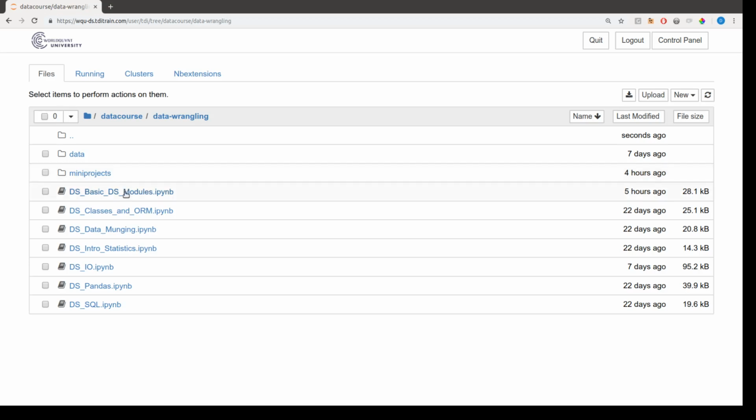This week we'll be beginning our lectures by discussing some of the basic data science modules within the Python data science stack. So if you open up this basic DS modules notebook in the data wrangling directory,